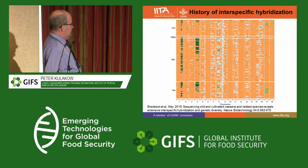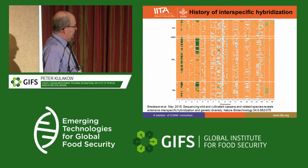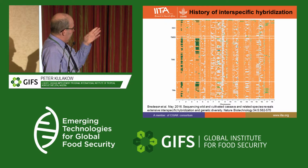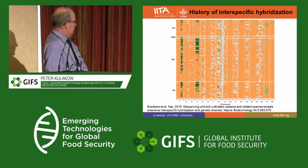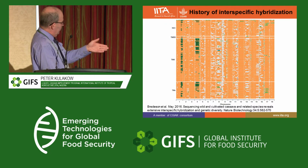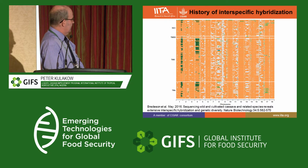Each line of this chart is a different genotype that has been subjected to genotyping by sequencing, and we have over 40,000 SNP markers. You can see most of that orange there is Manioc germplasm, but the green are introgressed segments from wild cultivated crosses that were done in Tanzania as part of an effort to introduce cassava mosaic disease resistance into the cassava germplasm. So you see on chromosome 1 and chromosome 4 this history of introgression of wild germplasm into the